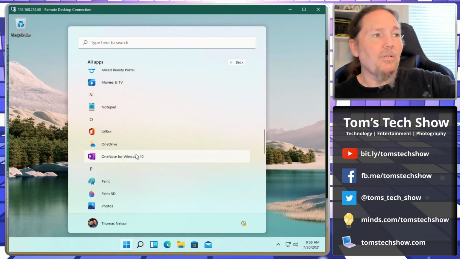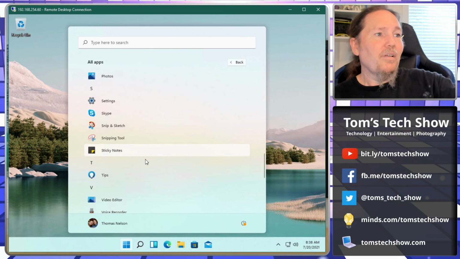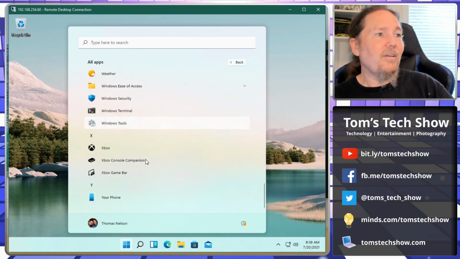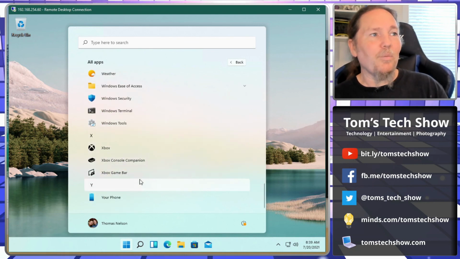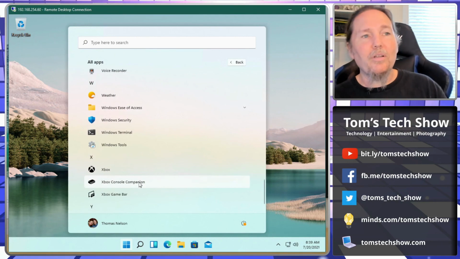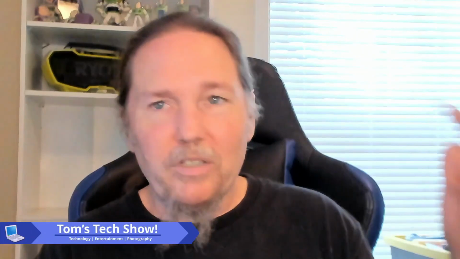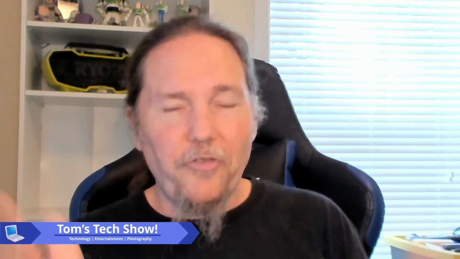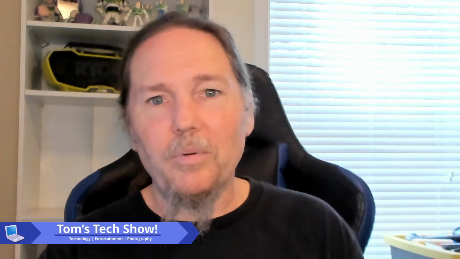Mixed Reality Portal. I'm on enterprise. Why do I need Xbox? I don't think enterprises want Xbox consoles loaded on their system. So they're moving the junkware into the enterprise, and that's concerning. Another fail for Microsoft. It just seems to continuously be that way.